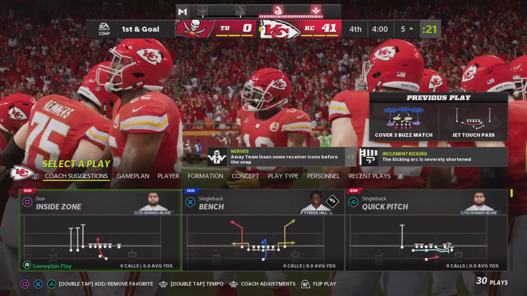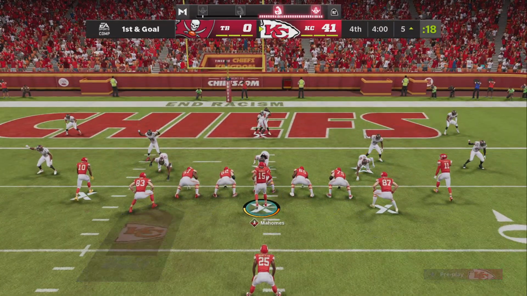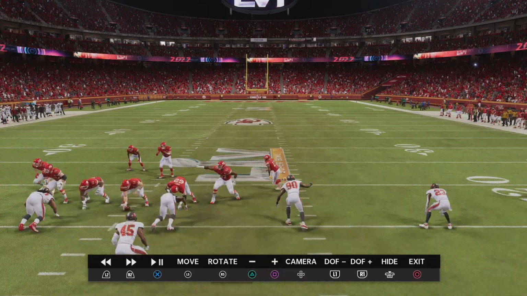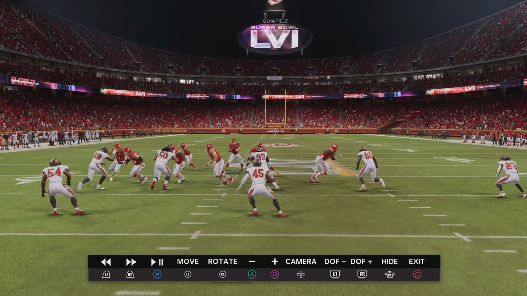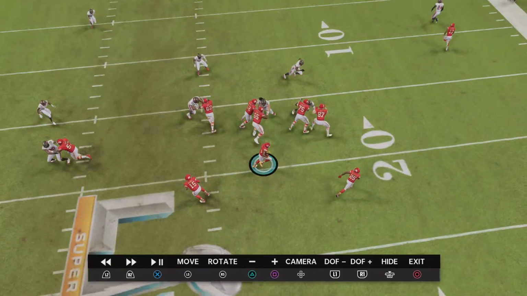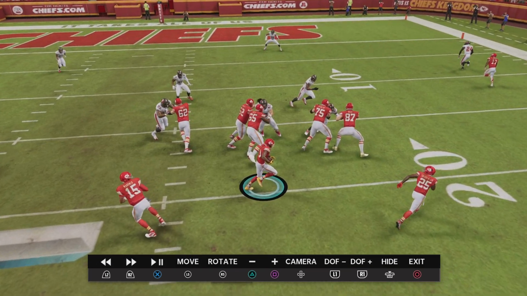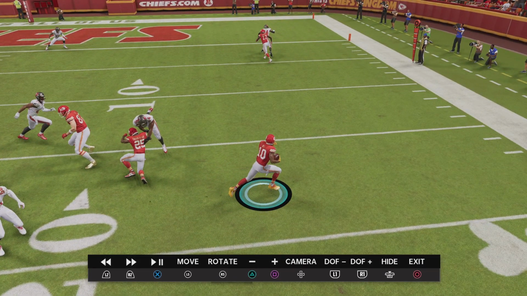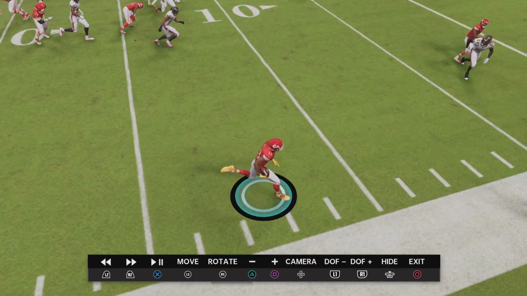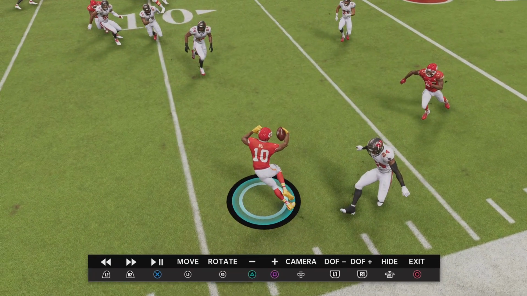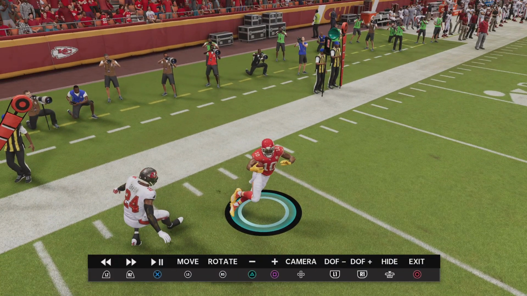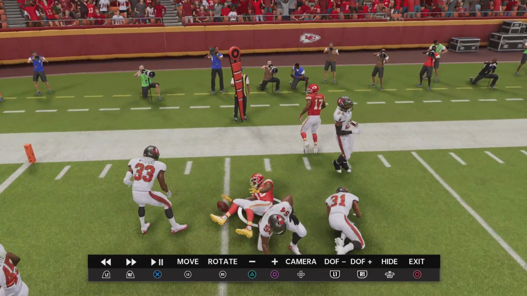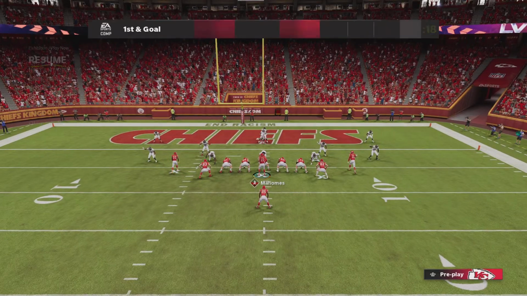And this is a blowout so far as we get set for the 4th quarter. A very one-sided affair.